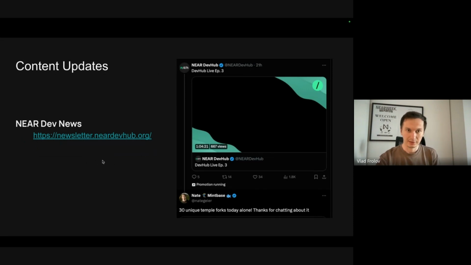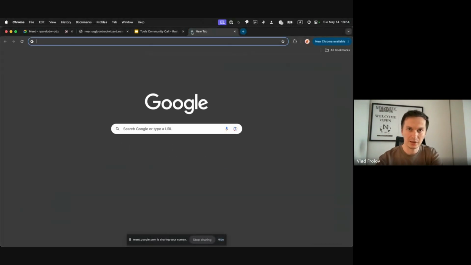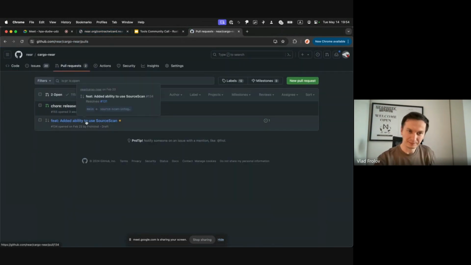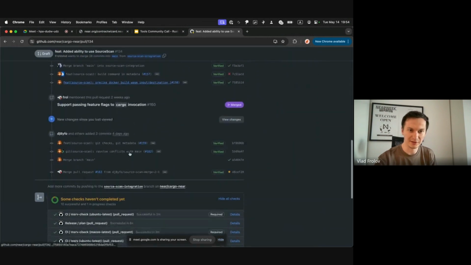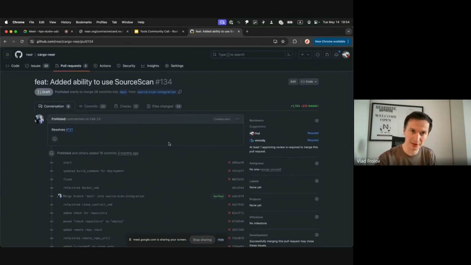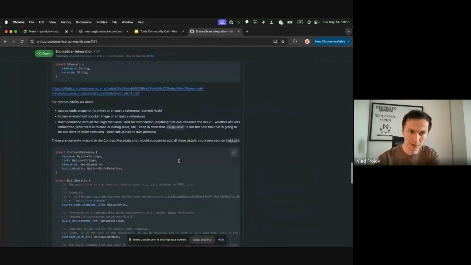And actually, not last. I forgot, where is the slide? There is a pretty important update coming on the Cargo tool and Cargo CLI, which is support for source scan and specifically reproducible builds. As you can see, there is quite an effort to bring reproducible Rust contract builds using Docker containers, and they recently merged source scan,